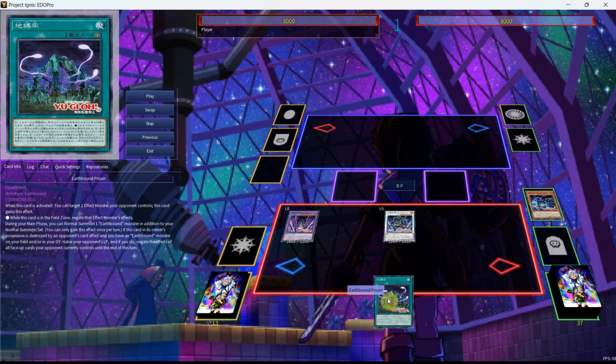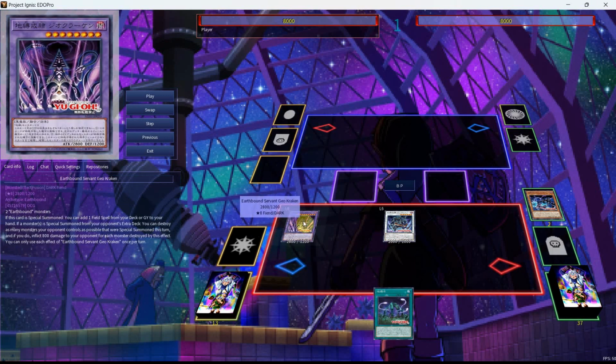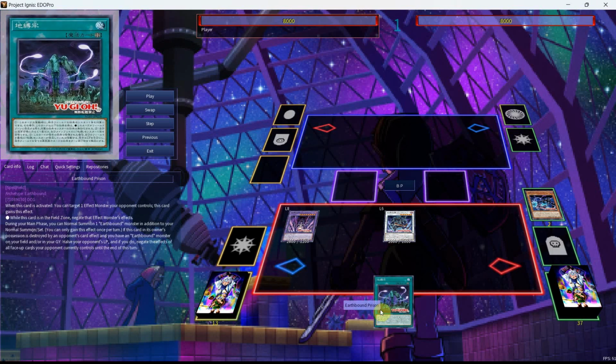The ability to give you an extra normal summon is really nice, even if it is just for an Earthbound, and it'll come up later in the video. I also would like to point out that this is able to add any field spell from your deck or graveyard. You just saw that we added the new one in order to read it, but in siding you can add stuff like Zombie World versus things like Dragon Link that can really mess up their